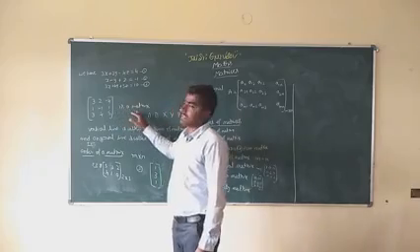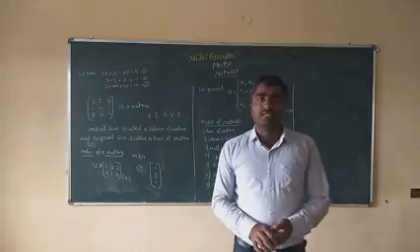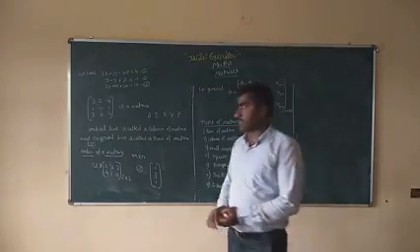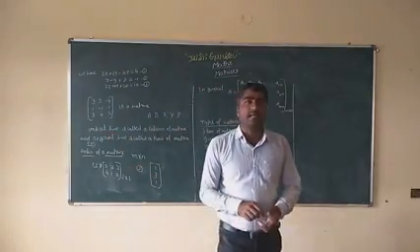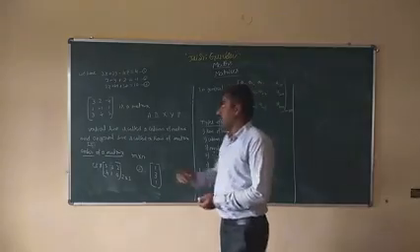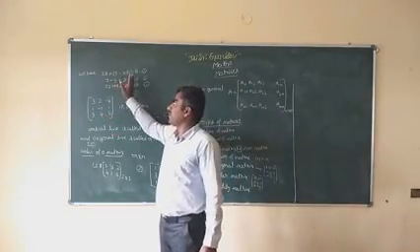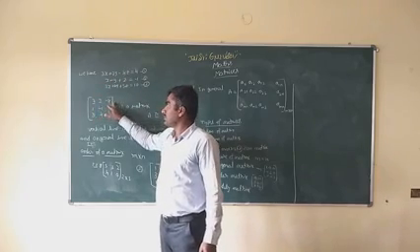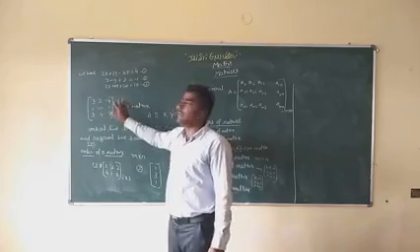So it is a matrix. Matrix means it is a rectangular or square arrangement of numbers. That is called a matrix. How is it an arrangement of numbers? We take the linear equations and write down the corresponding coefficients of equations 1, 2 and 3. So it is a matrix.